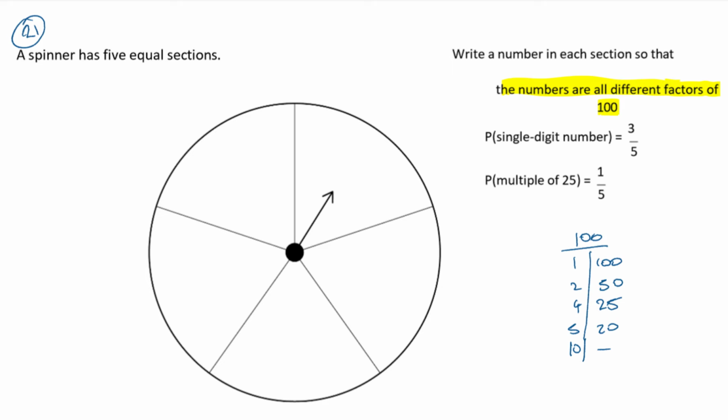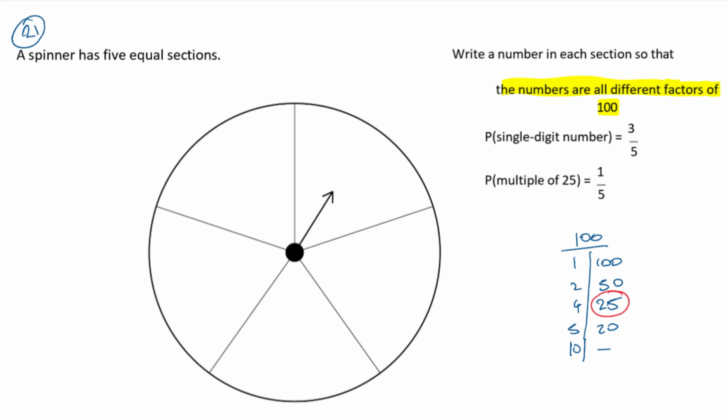So the multiples of 25 are 100, 50 and 25. I can only have one multiple of 25, because if I had 2, that would be too many. So I'm going to pick one multiple of 25, so let's say that one,